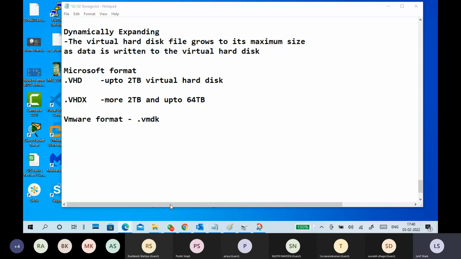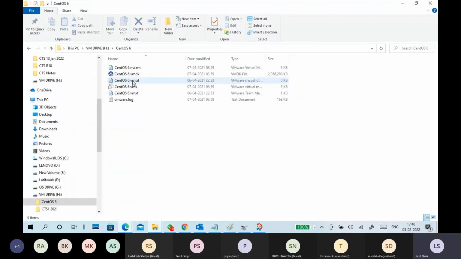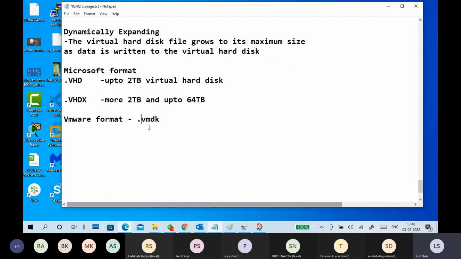You want to see the H drive? You can see the VMDK format. This is your virtual hard disk format. Okay, VMDK format. In Linux, KVM with QEMU is a Linux virtualization platform. If you have Linux or Unix, you get virtualization inside. Last time I didn't get to that one, so I have to tell that point also.